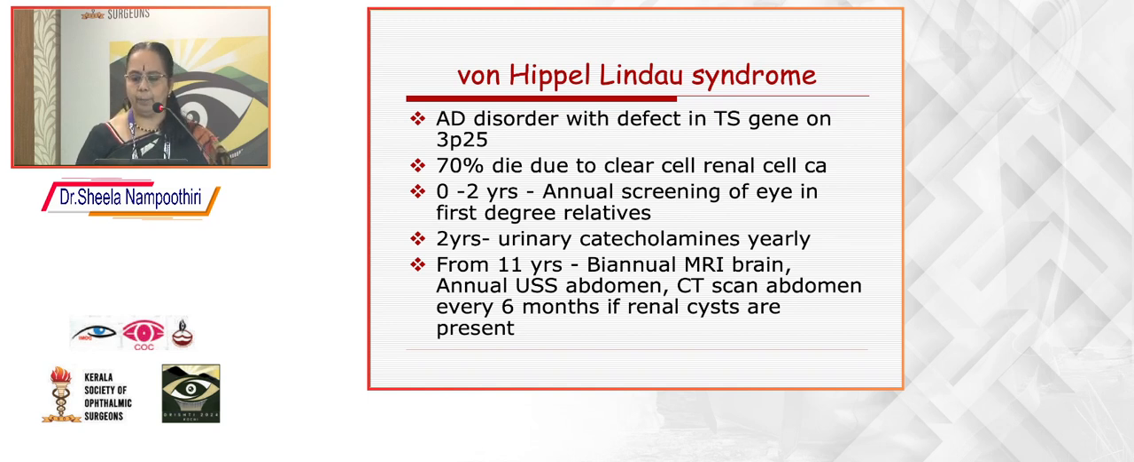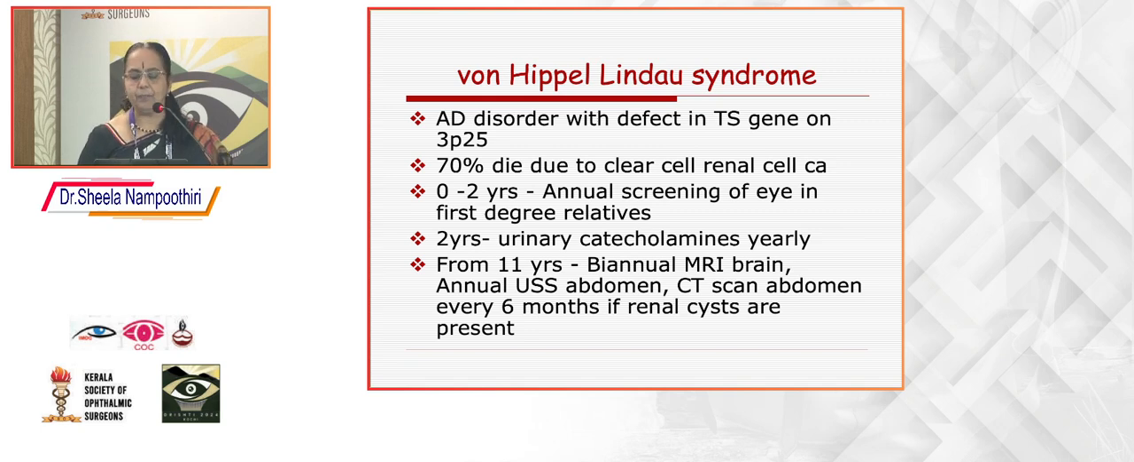So this is the last scenario. This is von Hippel-Lindau syndrome. This is an autosomal dominant disorder with a defect in a tumor suppressor gene, and around 70% of the patients will die of clear cell renal cell carcinoma. This can affect males and females. If a person has been diagnosed with von Hippel-Lindau disease, the chance of his or her children being affected